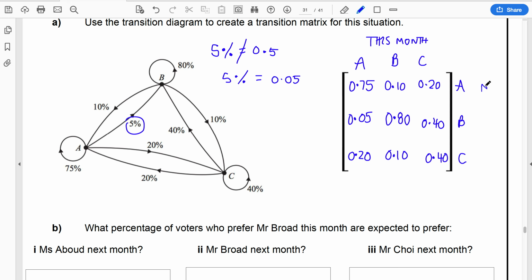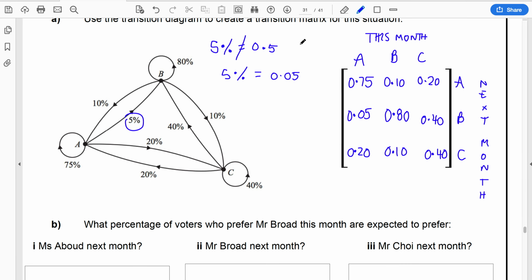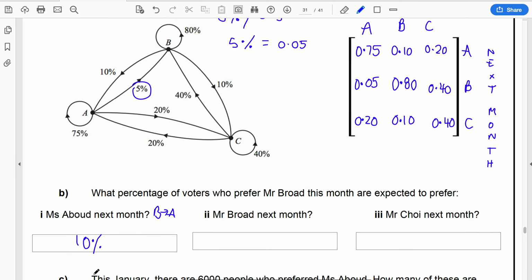and down here we have next month. Always you're starting and you're finishing over here. Okay, so what percentage of the ones that prefer Mr. Broad, so we're looking at this column, are going to prefer Miss Abood next month? Looks like we're looking at this value, B to A. B to A is 10%, or as you can see, it's 0.1,